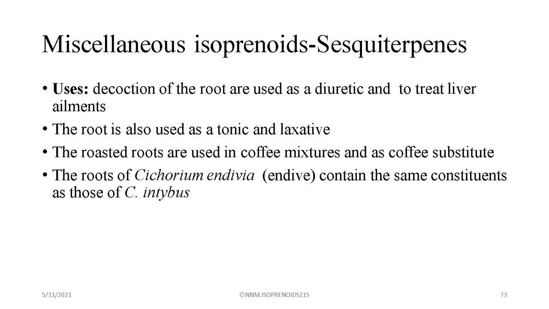Let's move on, Linda. So decoction is done on the roots. Then the product is used either due to its diuretic activity or to treat liver ailments. It can also be used as a tonic. And like Linda said, when you see tonics, GIT problems and such, it can be used as laxatives also. But you can do decoction and use the product, or you can just roast the roots and then use it as a substitute for coffee, which would also give similar benefits.